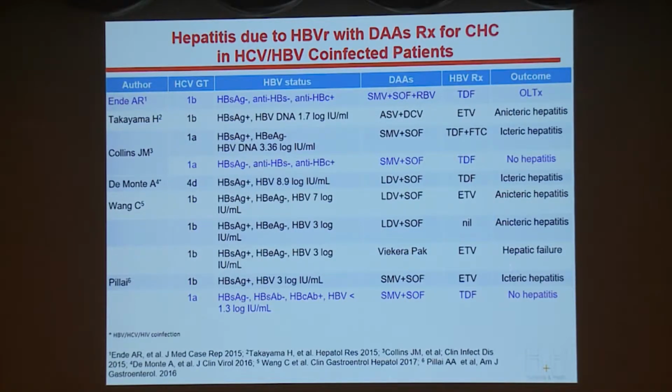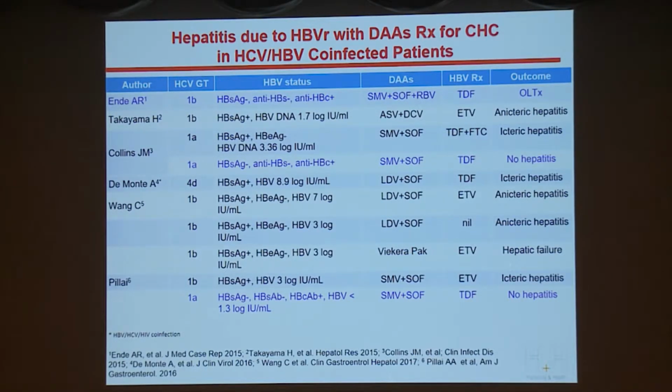Now, we are not the only group who first described these phenomena, because at that time we thought about the co-infection problems, and based on the interferon studies, we suspected this would happen. These reports have also been made in other areas, not just in China, in our centers, but also in places like Europe and South Africa. Now, this hepatitis due to HBV reactivation does not only happen in surface antigen positive patients,